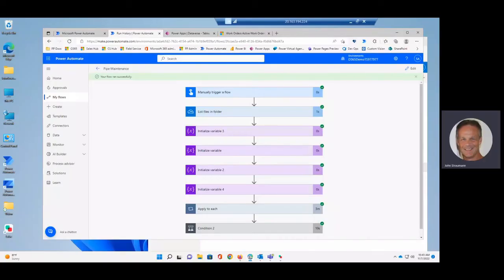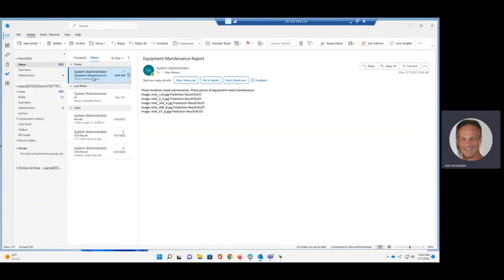Okay, we're back, and we can tell by our green check marks that our flow has run successfully, so we're always really happy to see that. And let's take a look at what happened. So the first thing we'll look at is email, and we'll see that we got an email. It was sent by the system admin to Alan, and Alan is our director of maintenance. And of course, this was sent by the automation, and the send as address is system administrator. And it says these pieces of equipment need maintenance, and it calls out the mile markers for each piece of